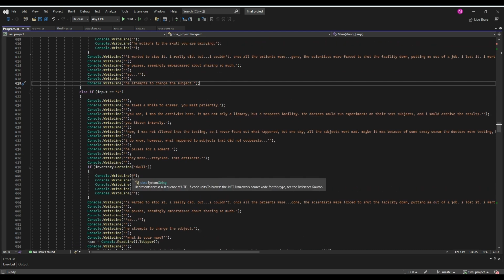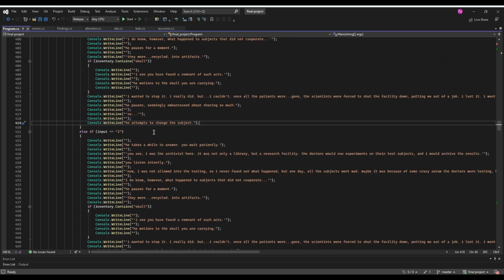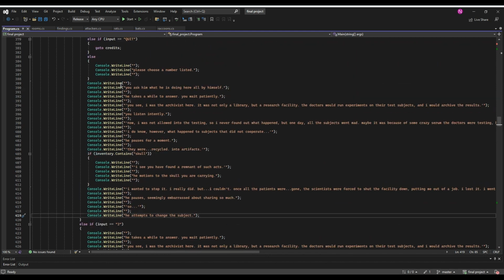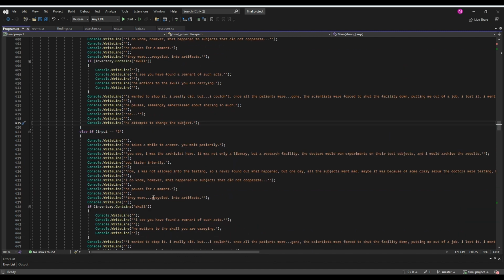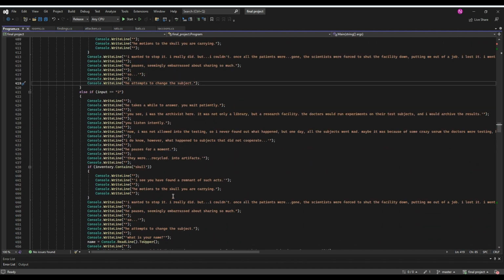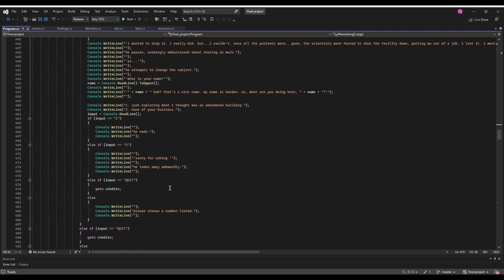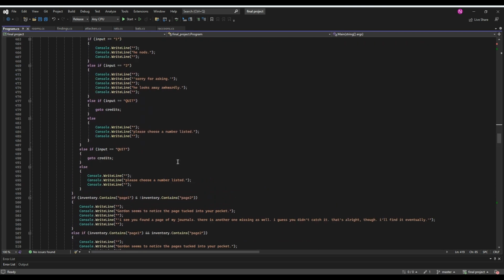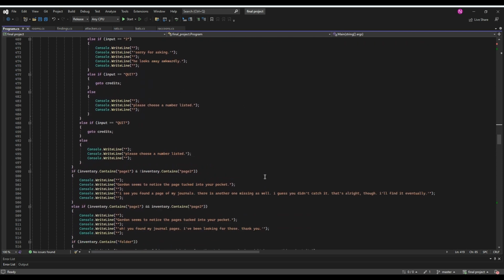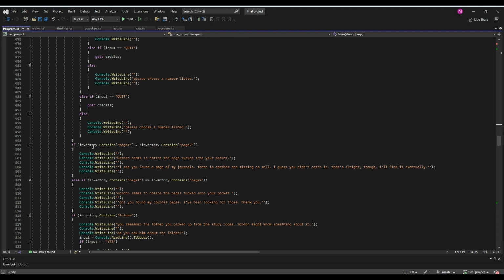Let's go through input 2 first. If your input equals 2, it will basically be the same thing. It's just switched around. It switches, basically this will be first and the name part will be second. But then if we go down here, once that whole thing is done, then we go to